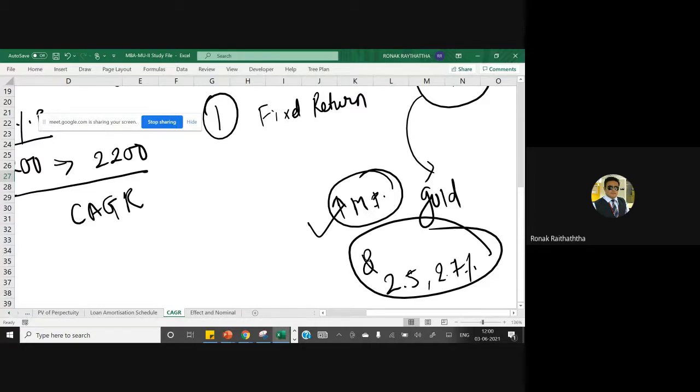Along with that, you will have to take the risk of ownership as well. You will have to store it somewhere, keep it in safe custody somewhere. Maintenance cost needs to be incurred as well. Some safety things you will have to establish. Instead of that, invest in the sovereign gold bonds. Why do you want to hold it physically? Just hold it electronically. Electronic securities would be given to you in your account.